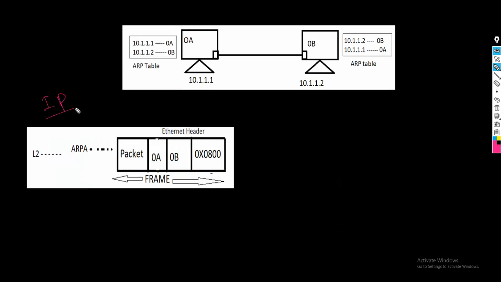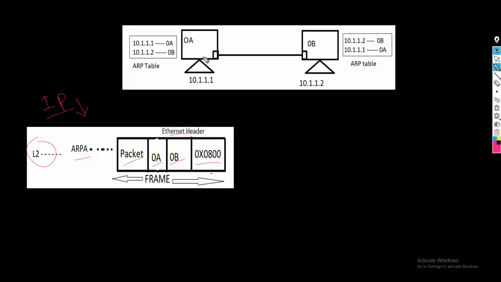Now the IP protocol will hand over the packet to the ARPA protocol at layer 2. The ARPA protocol will receive the packet and add its own header, that is the Ethernet header, to the packet. The Ethernet header will consist of information of source MAC, that is 0A, destination MAC, that is 0B, and the type field. The type field will be of the IP protocol because the IP protocol has sent this information. The type field of IPv4 is